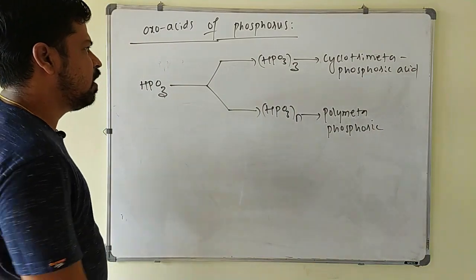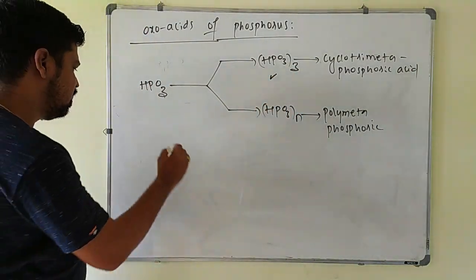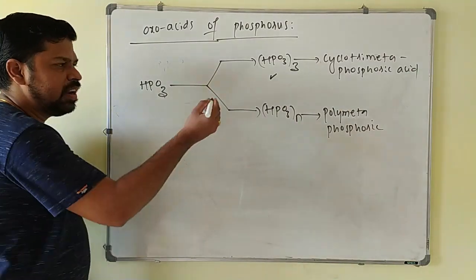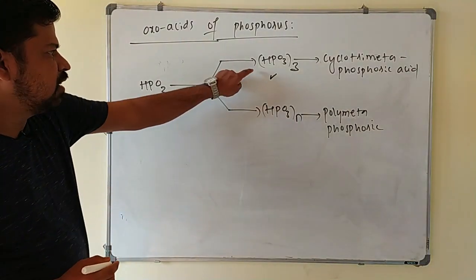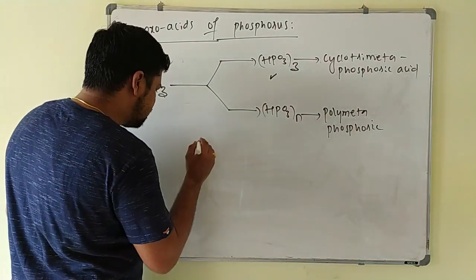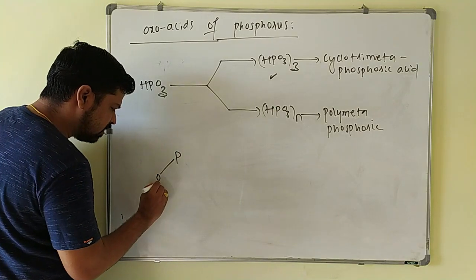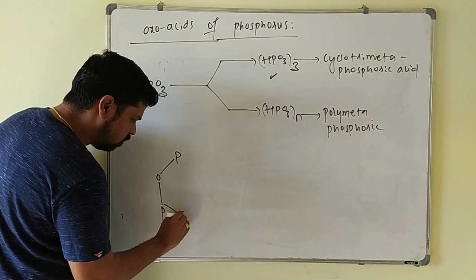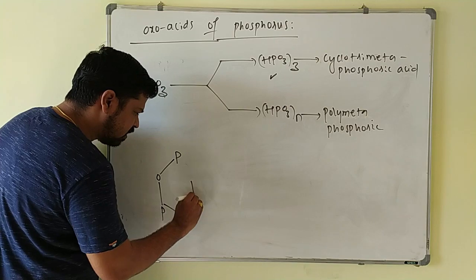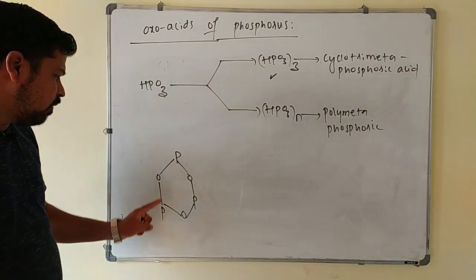Polymetaphosphoric acid. Now I will write the structure of this cyclo trimetaphosphoric acid. It has a 6-membered ring. A very simple logic is there to write the 6-membered structure of this HPO3 three times. You write phosphorus, oxygen, phosphorus, oxygen, again phosphorus, oxygen and phosphorus. Just form a 6-membered ring with the help of